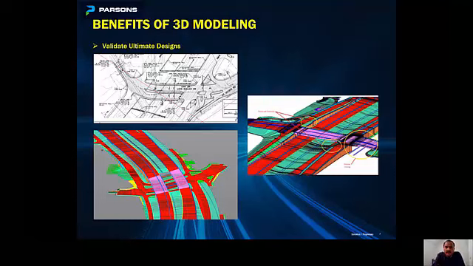This is another location here in Dallas. We were able to produce a detailed 3D model considering and accommodating the future U-turns. This cross street that's crossing over the main line had future U-turns, so we had to set the top of walls correctly to accommodate the future U-turn bridge deck and based on the structure depth for the future U-turns. And then there were these left turn pockets also. We had to accommodate the future walls.